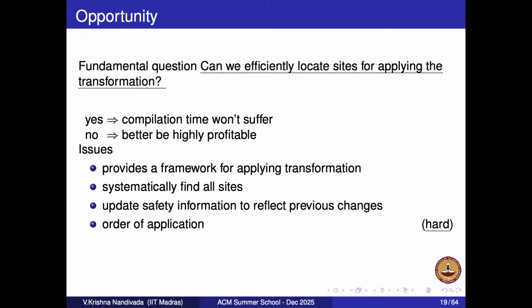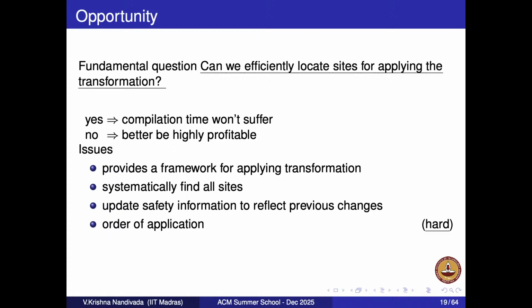And opportunity. How do we identify that so and so can be optimized? Let us say you have an amazing optimization. But to identify how to apply this optimization, where to apply it on your program, it takes a lot of time. It takes 10 days, 100 days, I don't know. Unacceptable amount of time. Nahi chalega. Mudiyadu. So we need a way to identify these opportunities, ideally fast. It shouldn't take too much time.